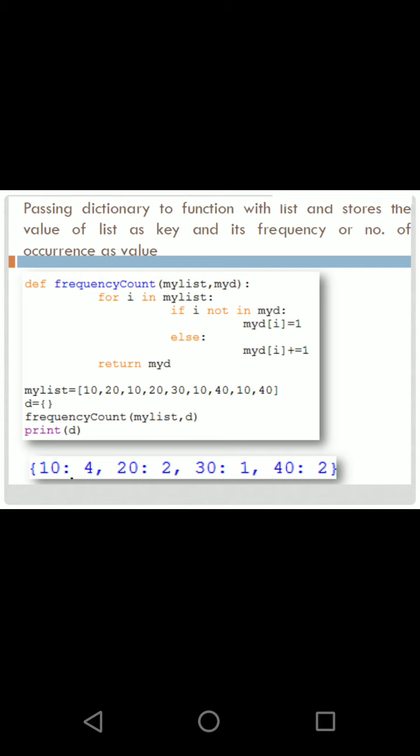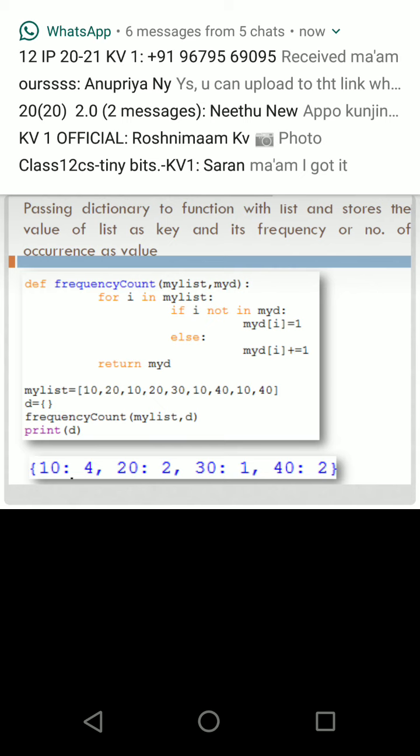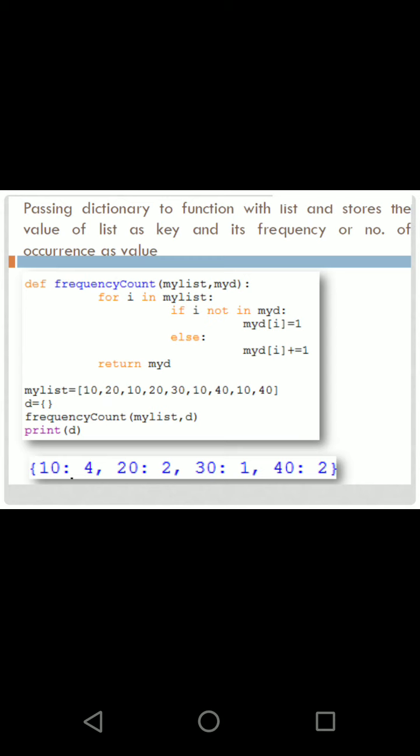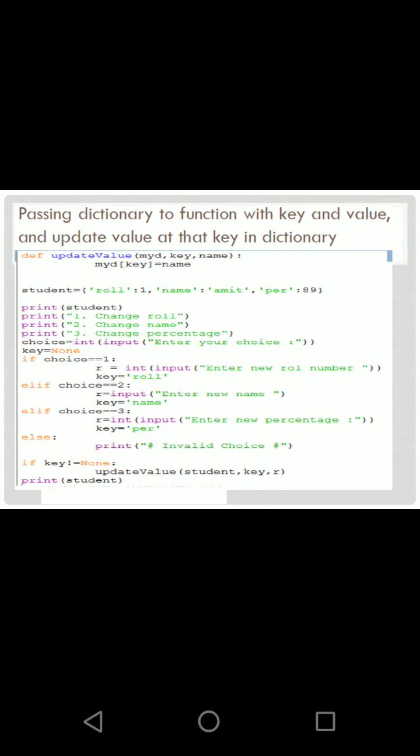So it takes a list, counts the number of times a value comes inside the list, and then prints the dictionary. You can see that the values being printed are the dictionary that you have created, and it is returned from the function.